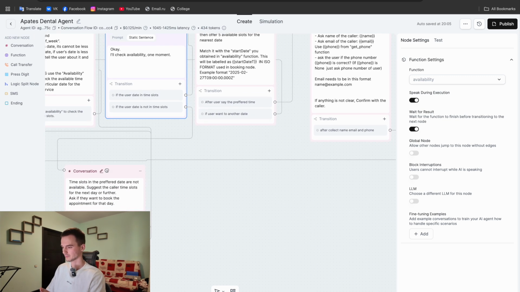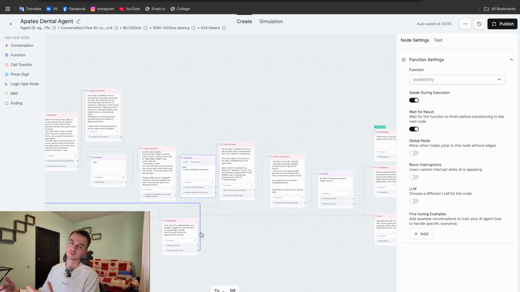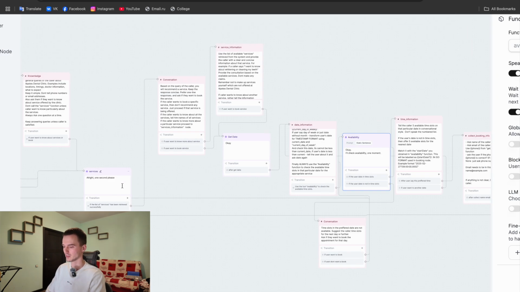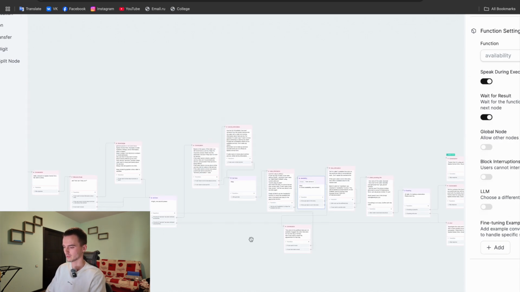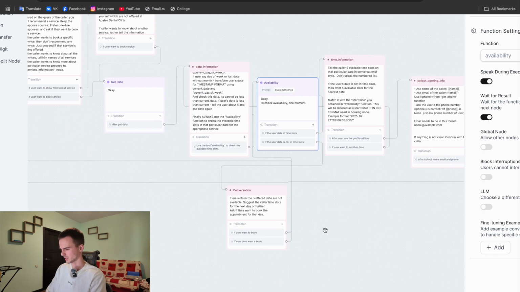And then if you don't have any time slots, then we have another node, conversation: time slots in the preferred date are not available, suggest another calendar day, right? So then it will repeat again. So as you can see, the workflow will just go directly into